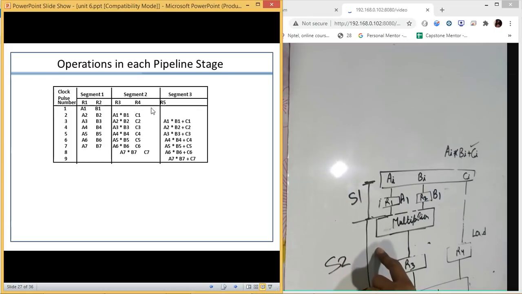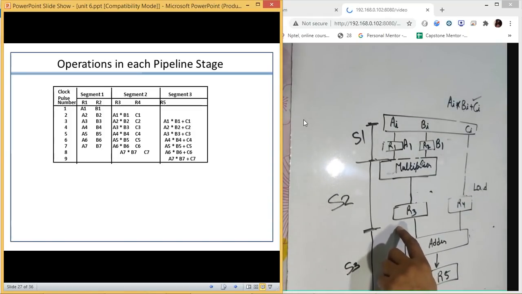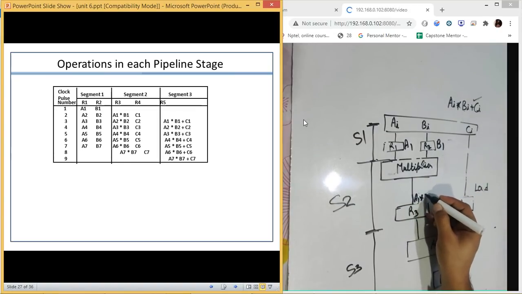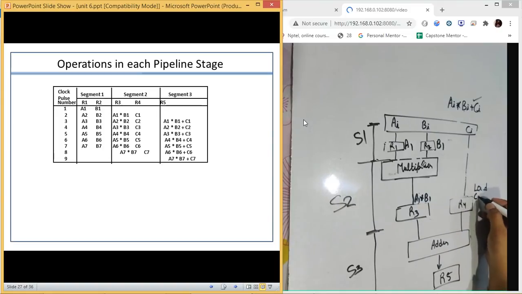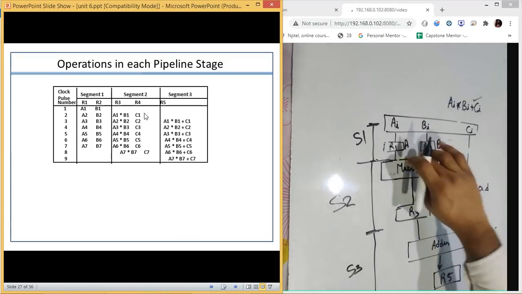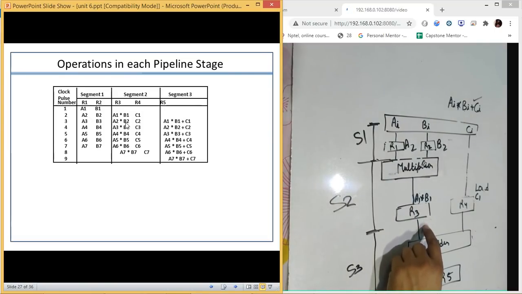So that is why all the values in front of this are empty. When segment 2 starts, at this place, what value are we going to have? It will be the value A1 into B1, and at this place we will have the value C1. So that is what we are going to have. So A1, B1 and C2, and at this place which values will be there? A2 and B2. So A2 and B2 are here, A1, B1 and C1 are here. This is the time T2, at time T2.